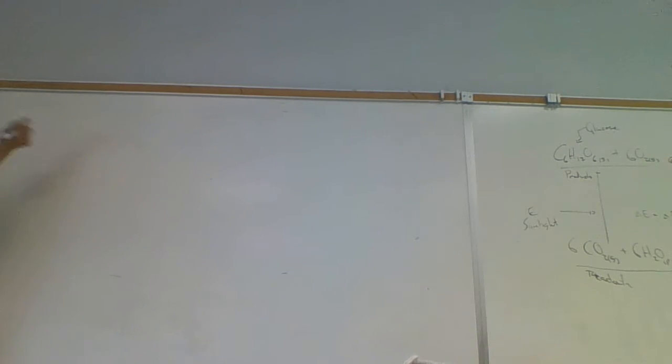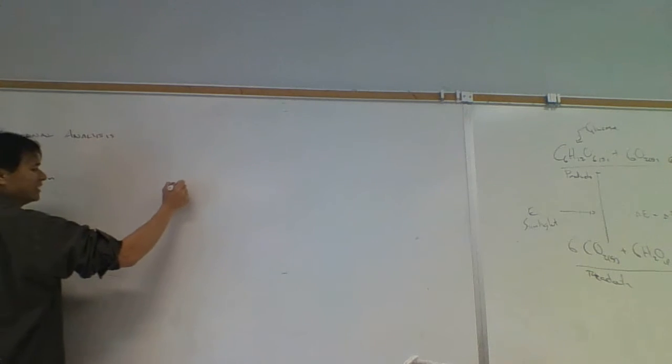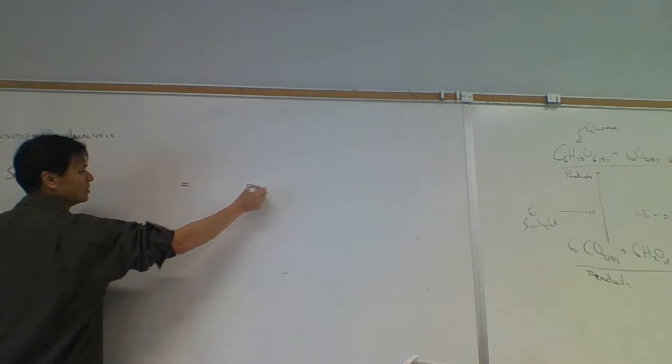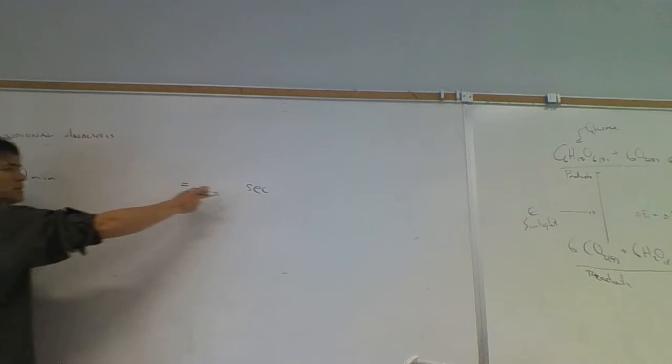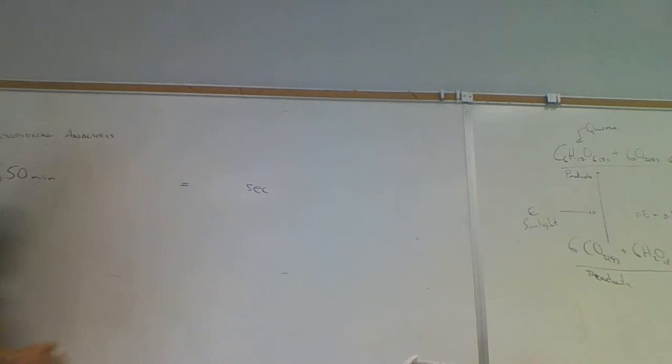And so this is what they were talking about earlier for the units. In dimensional analysis, what we have is the given thing, which is going to be 50 minutes. The abbreviation for minutes is MIN. Then what we need to do is convert this into seconds at the end. So we need to convert the dimensions from minutes to seconds. The way we do that is by using conversion factors. This would be a conversion factor.